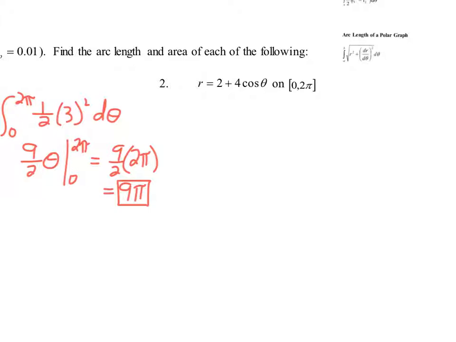It's still a complete graph. Dial it back to 8. Still a complete graph, which means that my domain is too expansive. Now, this is the difference between arc length and area, because in arc length you might want to